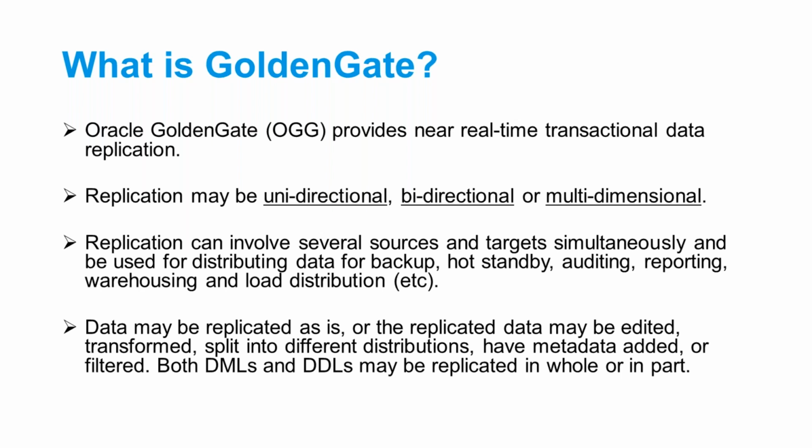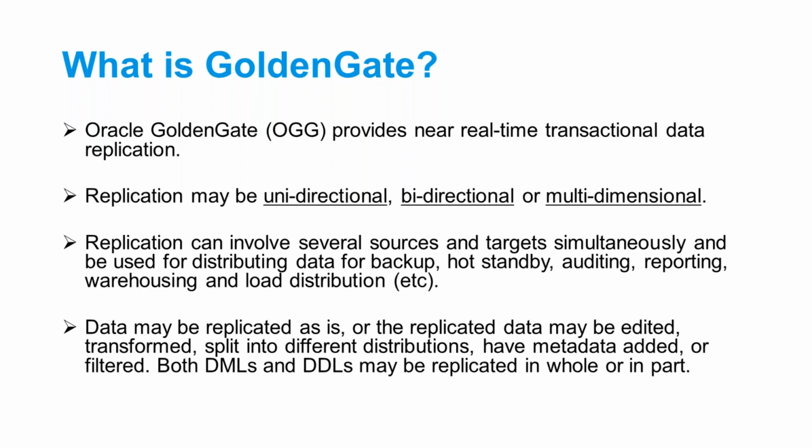By data filtration, we mean that, say for example, on source you have 100 schemas. You want to replicate the data of only 5 schemas. You have 100 tables on source. You want to replicate the data of only 5 tables. Similarly, there are 100 records which are happening on source. You want to replicate the data of only 5 particular records. It is possible. You can filter out the data based on your particular need or business requirement.